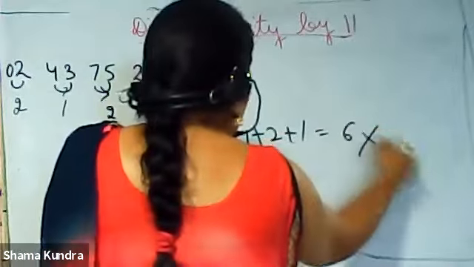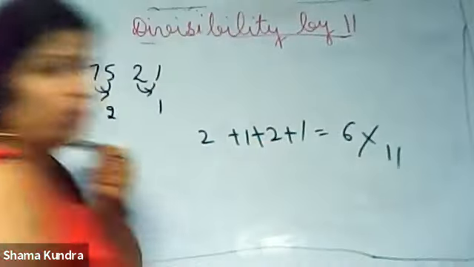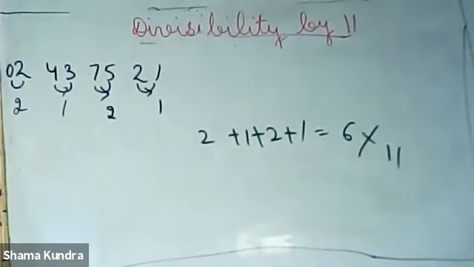And 6 is not divisible by 11. So the given number is not divisible by 11. I will take one more example. Suppose the given number is